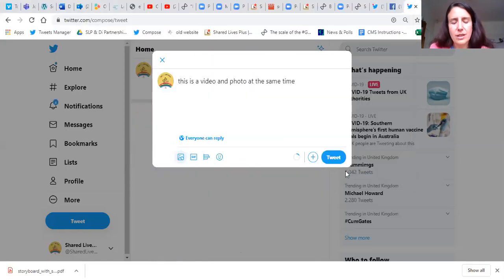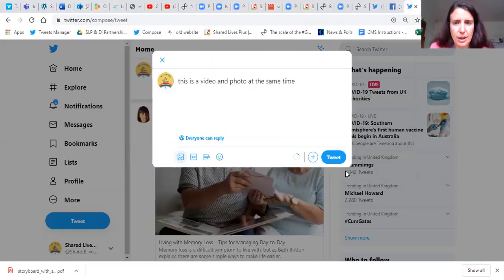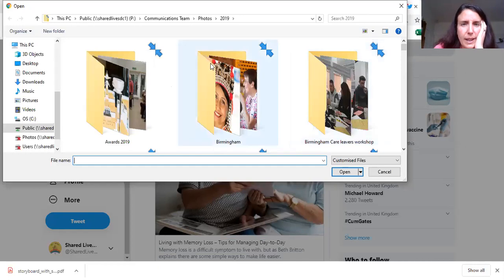So I just pressed Control and then clicked on them. That selects both things at the same time, and we'll just see if that has worked. Oh, it says, please choose either one GIF or upload 4 images. Oh, okay, so you can't upload a video and photo on Twitter. I'm sure that you could, but anyway.